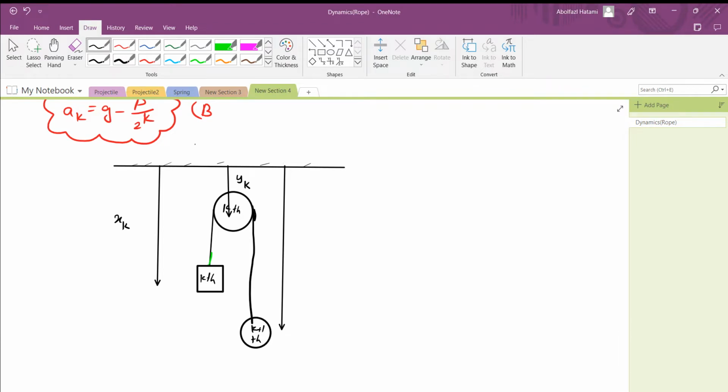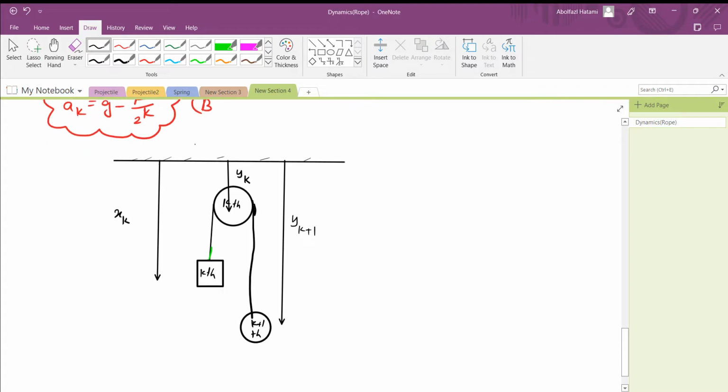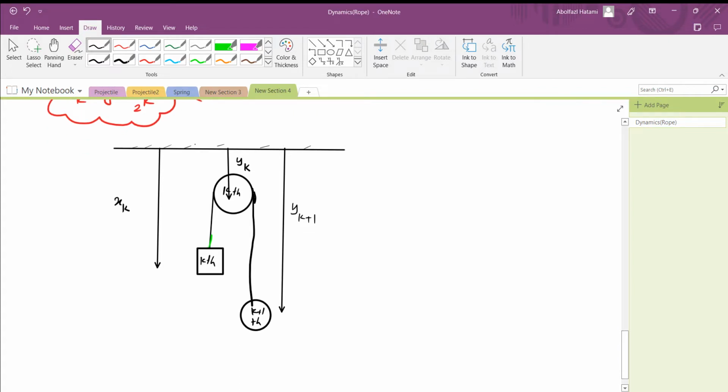If I want to write an equation for the length of the rope in terms of x of k, y of k, and y of k plus 1, let me color it. Let me call the length of the rope L, for example. L is equal to this part of the rope, which is x of k minus y of k, plus